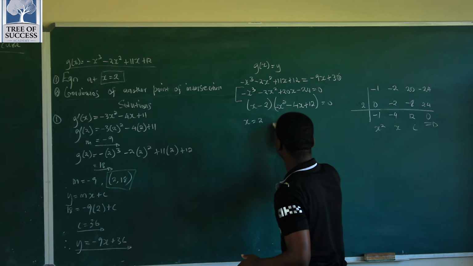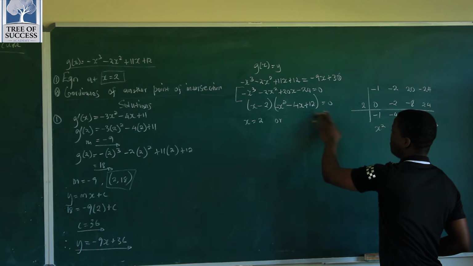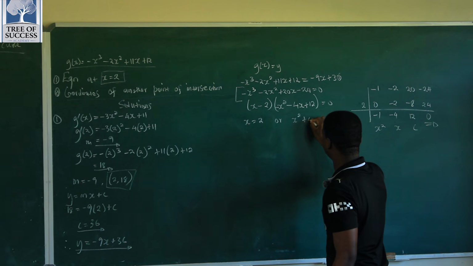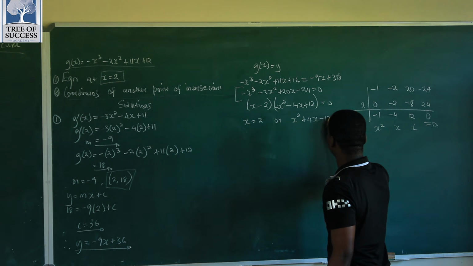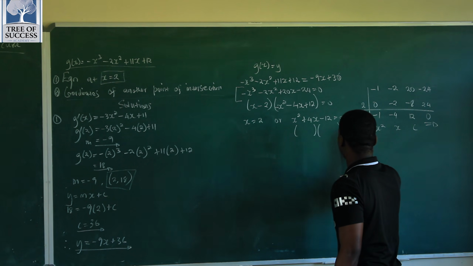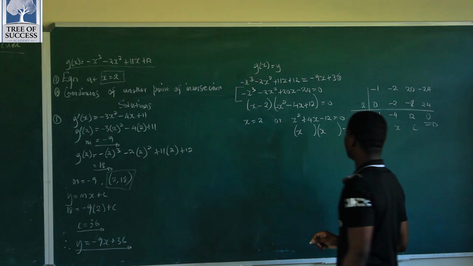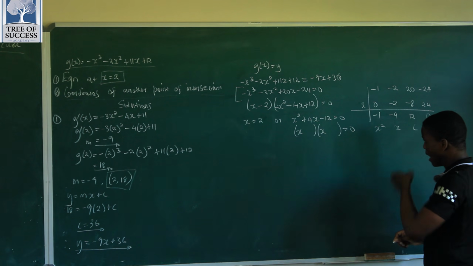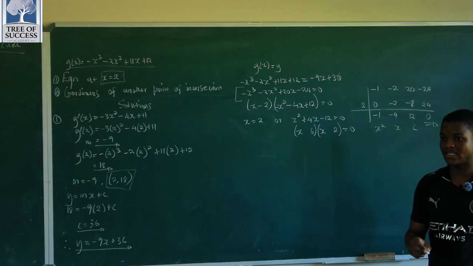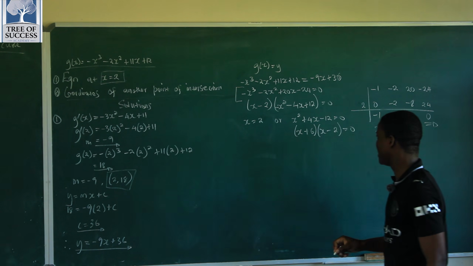X will be equals to 2, this side, or this side to x is over. Let us multiply everything by the negative here. Now x squared plus 4x minus 12 equals to 0. So we'll have, let us factorize here. The factors of 12 that add to 4 are 6 times 2, right? The bigger factor takes the sign of the middle term. So 6 should be positive, this one should be negative.